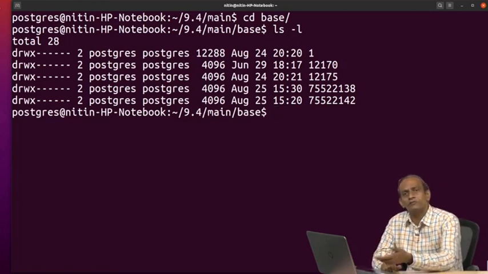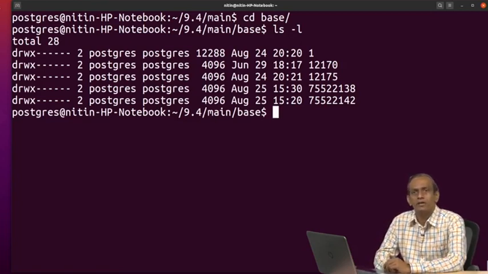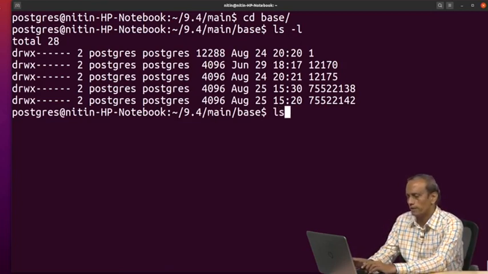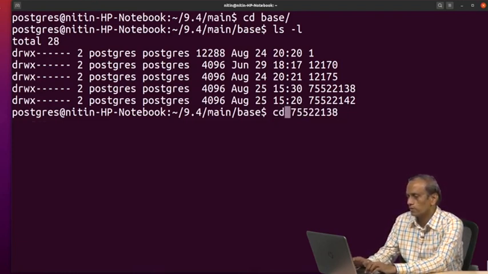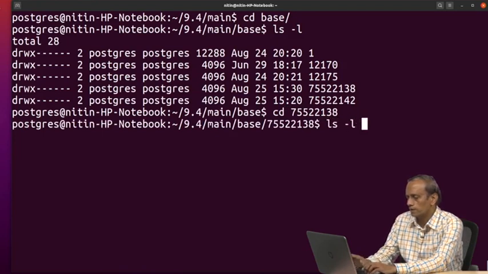If I go subsequently into these directories, I am going to see different tables inside. So, let us write cd 75138, ls -l, and then we count how many lines are there.